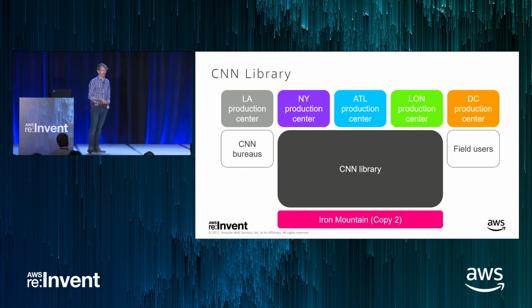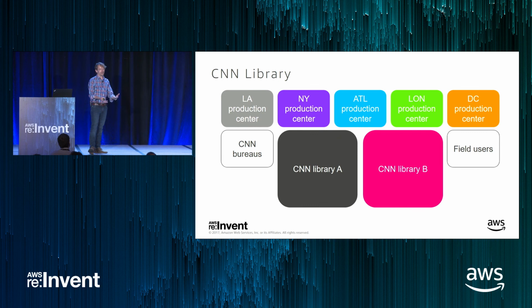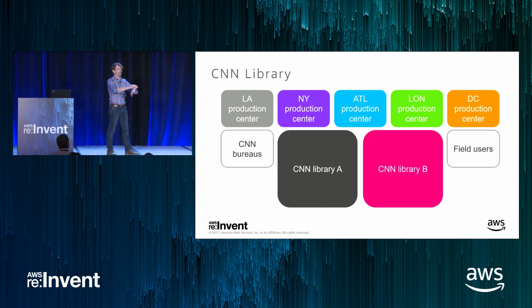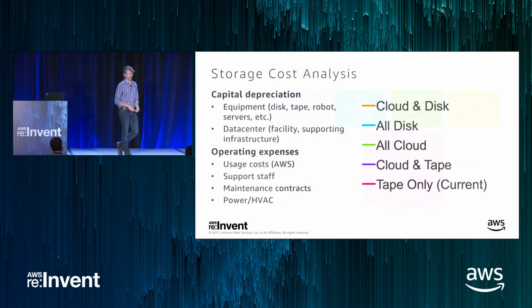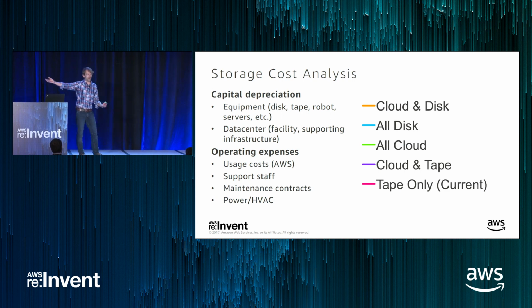So we're like, how do we solve for this? And really what we want, this has always been our dream scenario, is a dual active, geographically redundant library system. So we've got library copy A and library copy B, and the two can operate completely independent of each other for that entire 30 years of news history that we were talking about before. And so we thought, well, how do we build it? If we're not going to use the salt mine, we've got to build another library. How are we going to build another library? Well, should it be